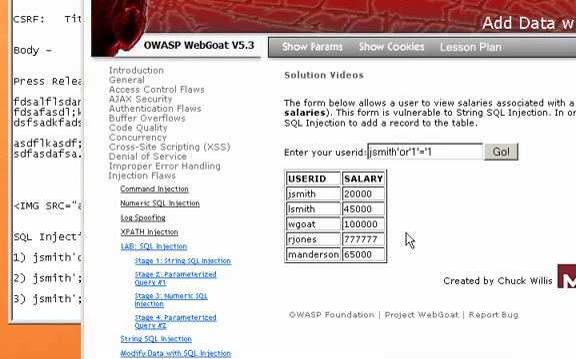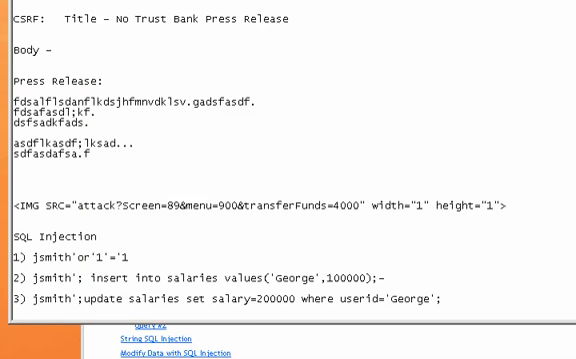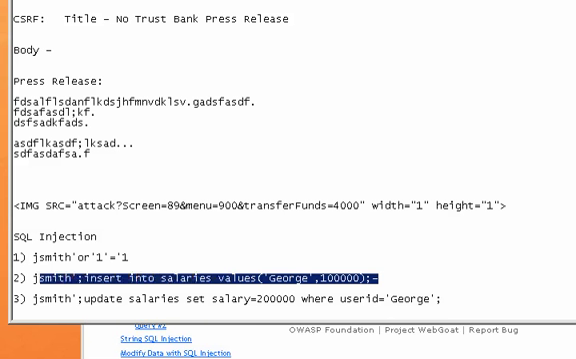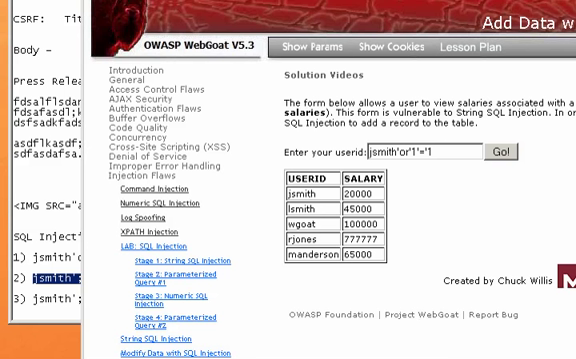So the first thing that we're going to do is try to insert an additional username by the name of George and give him a salary. If I go to my second SQL command, you'll see here that what I'm going to do is insert into the salaries table the values of George and a salary of $100,000. So if I copy and paste my entry right here, and I click Go,